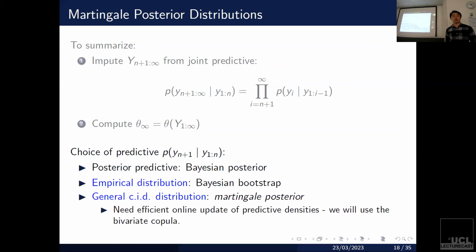Now, we've already seen that there's a special case. If our predictive distribution is the one step ahead implied by the likelihood and the prior, then this is going to give us the exact same thing as the Bayesian posterior. I'm now going to talk about two generalizations, which might be more new to those who are not familiar with Bayesian nonparametrics. If you pick your predictive sequence to be the empirical distribution, which is quite intuitive, we're going to return something called the Bayesian Bootstrap, which has some really nice properties, and we're going to show has some really nice interpretations as well.